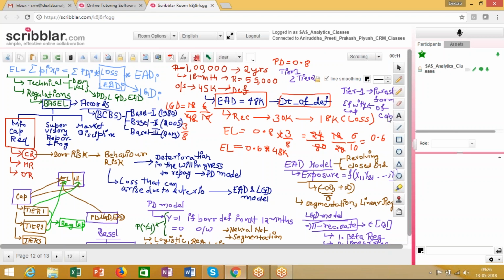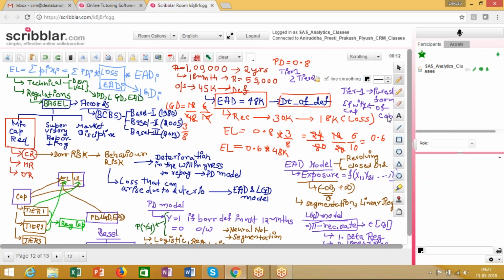So over here we saw that the first stage of computing the capital requirement is to compute the expected losses, right? Once we compute the expected loss, the deviations from the expected loss would be the unexpected loss. From the unexpected loss, we compute the RWA, and from the RWA, we compute the capital requirement. So these are the different steps. The most important step right at the outset is computing the expected loss.